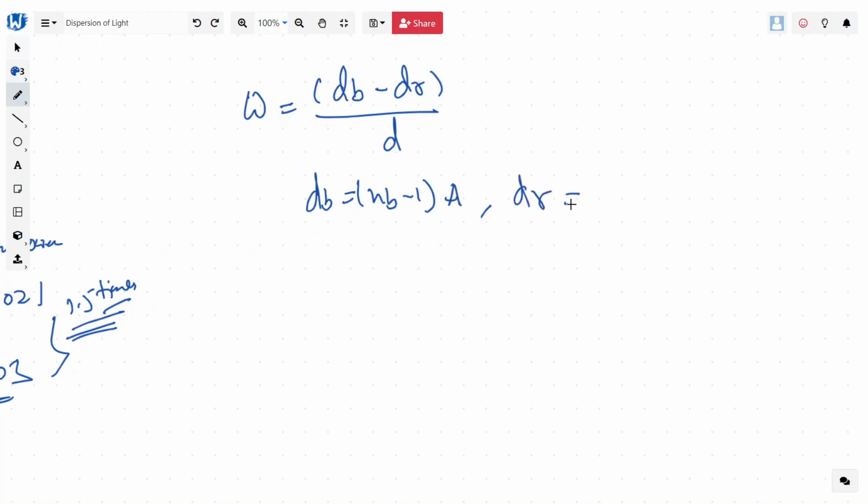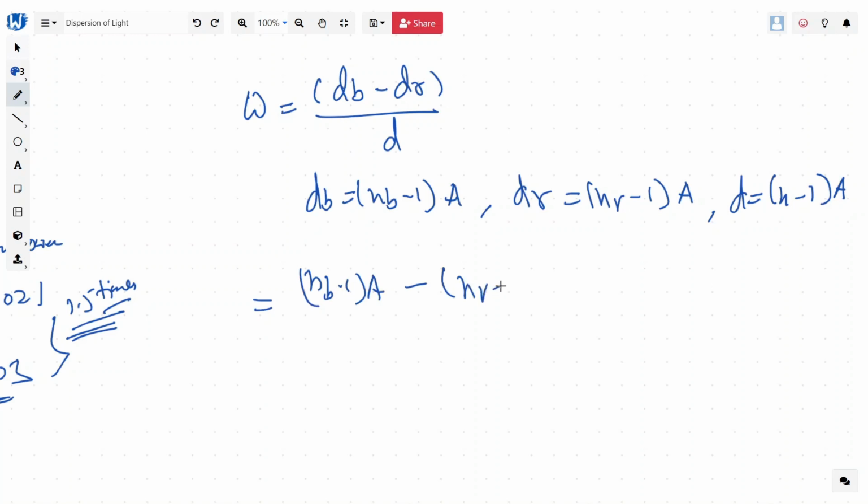And dR is (NR minus 1) into A, and D is equal to (N minus 1) into A for the yellow or average, right? Let's put that in here, and we have (NB minus 1) into A minus (NR minus 1) into A divided by (N minus 1)